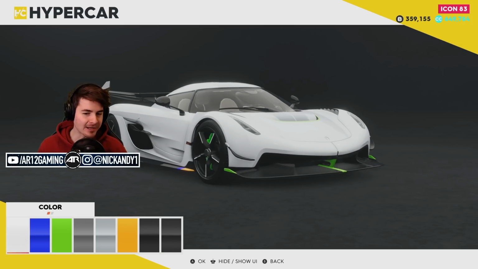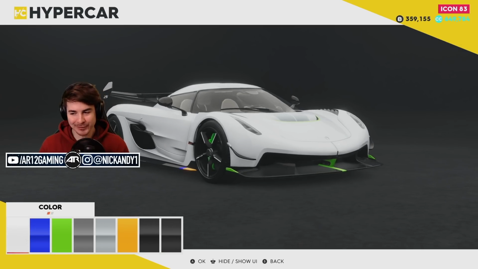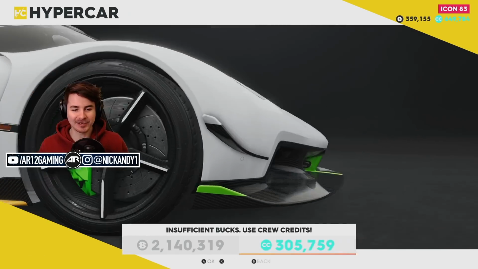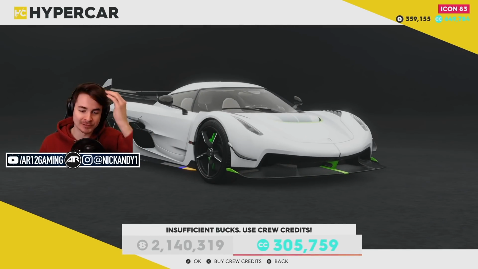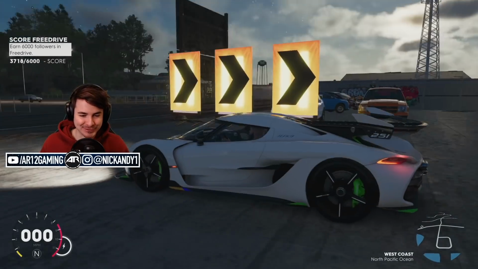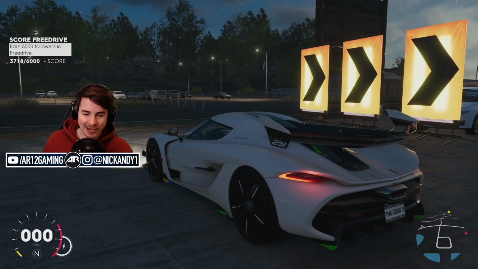I think we gotta paint it white. It's just the color that it's known for. This thing is so sick. Yo, we've got different Koenigsegg rims. Oh, and the carbon fiber rims are just awesome. 300,000 crew credits. Anyways, let's head out and jump straight into it. We gotta start off with a good old little...